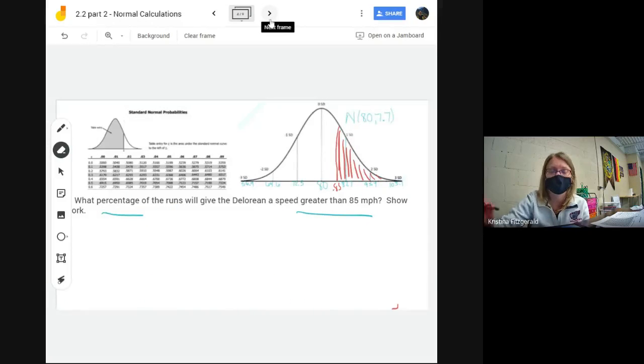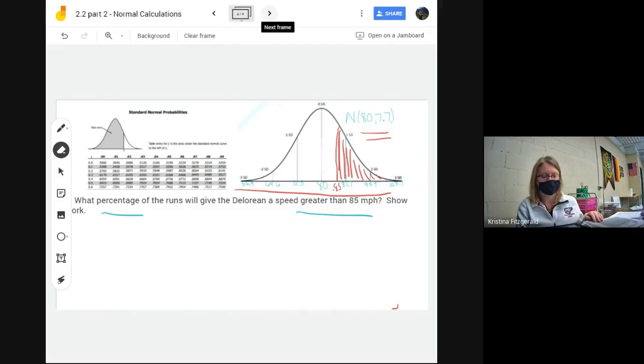Then we need to figure out where we're located. What we're going to use is our table. This table has all of the different possible areas for different locations on my curve. Real life data is not the same every time. I'm not always going to have these numbers; this is just specific to this situation, hence why I've labeled it. So what we need to do is standardize our values so we can look them up